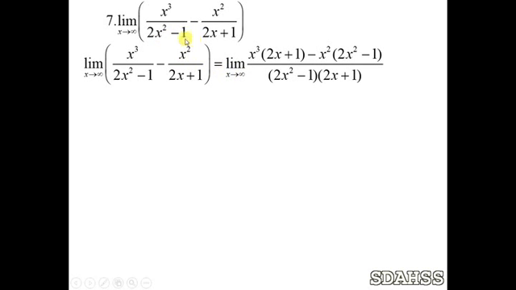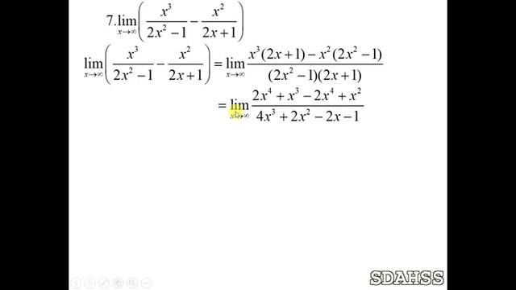Here the denominators are not the same, so find out the LCM. The LCM is 2x square minus 1 into 2x plus 1, then cross multiply, so you have x cube into 2x plus 1 minus x square into 2x square minus 1. Limit x tends to infinity, multiply x cube inside the bracket, so you have 2x power 4 plus x cube. Similarly here also you multiply minus x square inside the bracket, so you have minus 2x power 4,